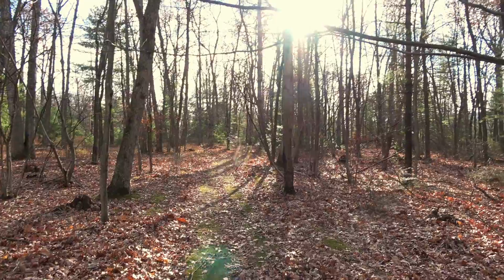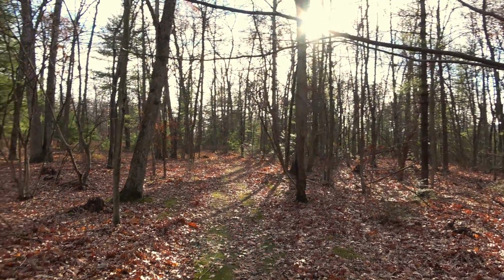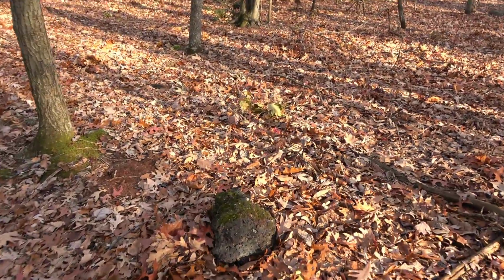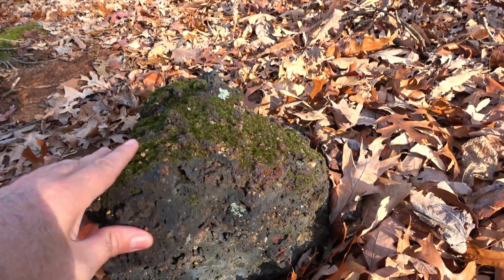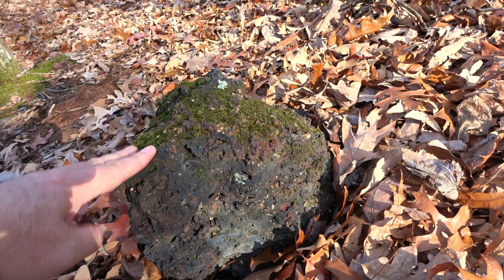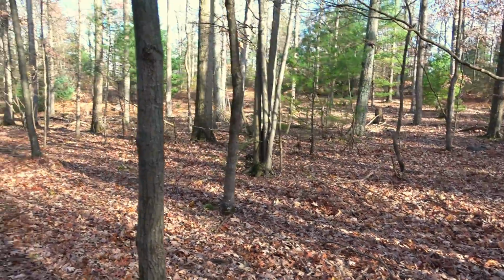Yeah, so I'm looking back up the way I came. The trail actually goes off that way and joins up with this larger, older road. And found something cool over here. Well, depending on what your definition of cool is, some of you might know what that is. Somebody might be like, that's just a rock. Well, no, this is a piece of slag from an iron furnace. That's what this is. So, I mean, we're not too far from the Caledonia iron furnace, but